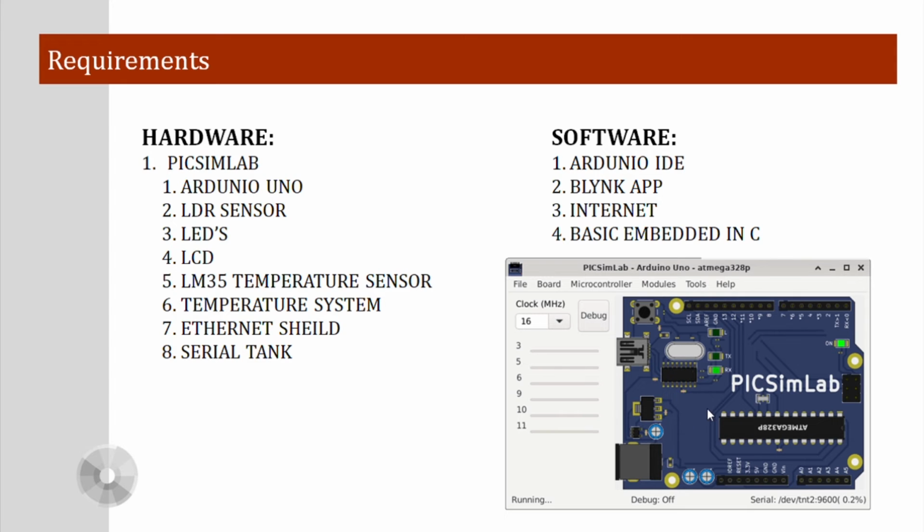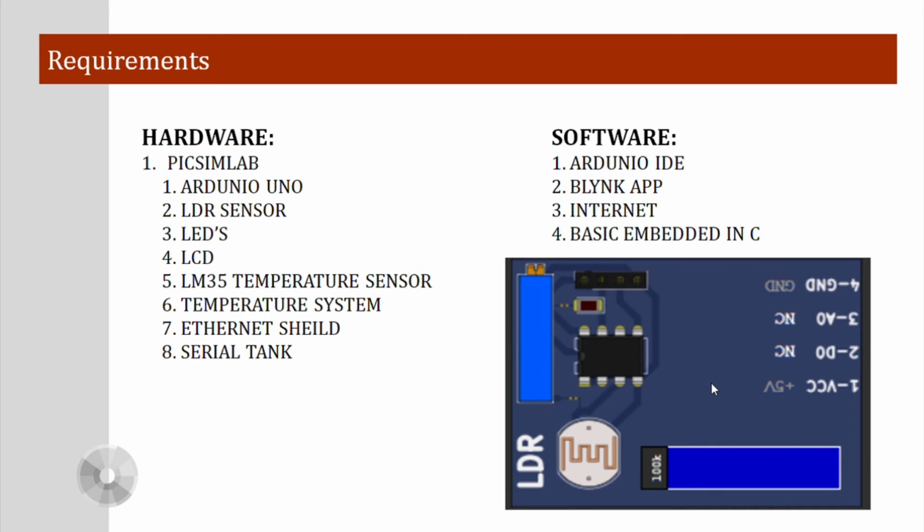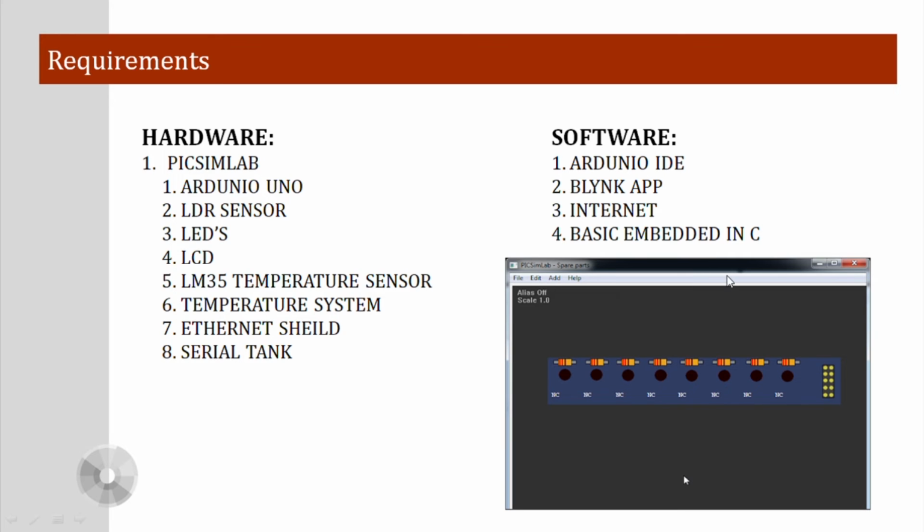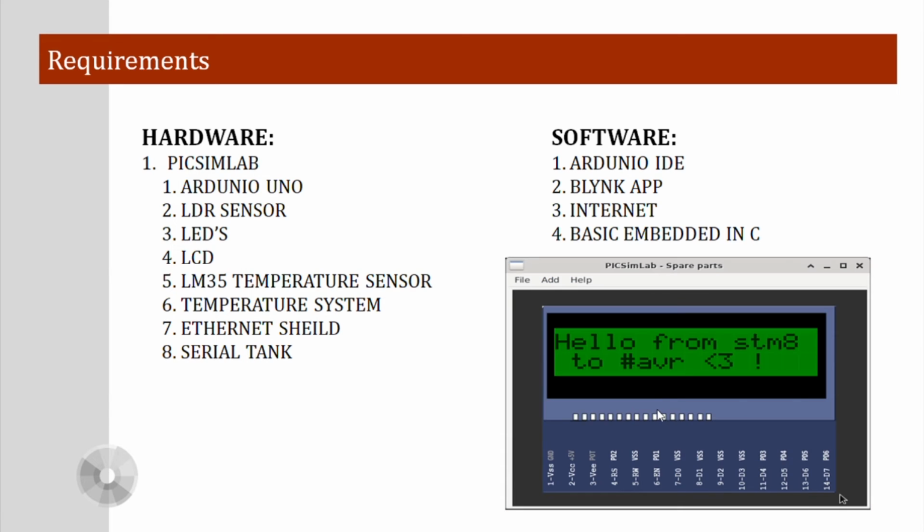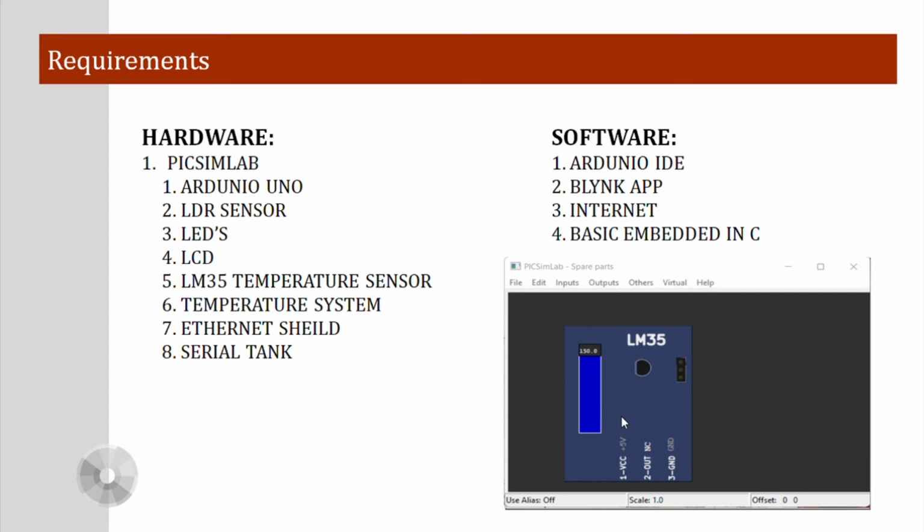the Proteus Lab simulator. So this is the Proteus Lab interface. This is the Arduino board, and next is the LDR, a sensor for garden lights, and these are the LEDs which are assumed as garden lights in this simulation. And next, this is the LCD display which will print the messages, and this is the LM35. This is used for the temperature control system. We will see these requirements' uses,